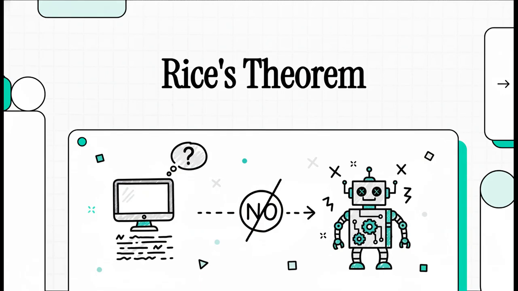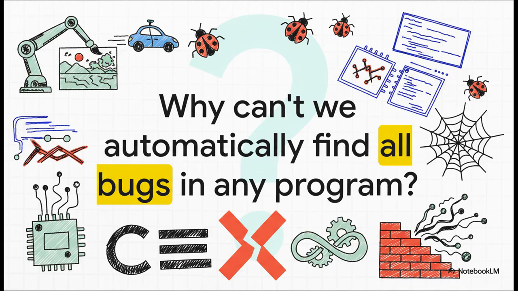All right. Today, we're tackling one of the most fundamental and, let's be honest, kind of frustrating rules in all of computer science. It's a really powerful idea called Rice's theorem. So let me just start with a question that, on the surface, feels like we should have solved it by